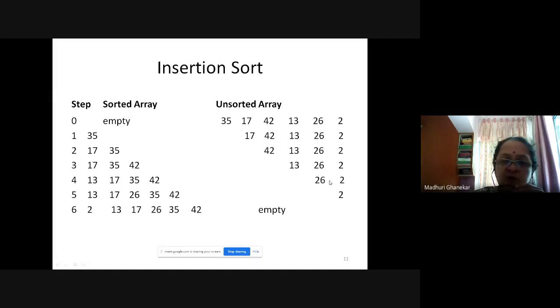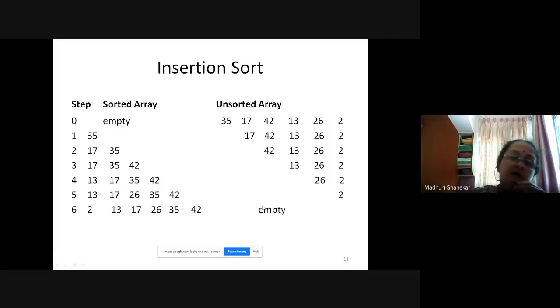Now you need to add 26. So 26 will be added in between 17 and 35, and the unsorted array remains as 2. Then you add 2 into the sorted side, and what you get is this. Now you will observe, using insertion sort, we have completely sorted the given array, and the unsorted array is empty.